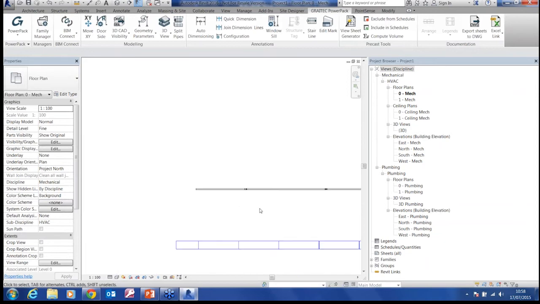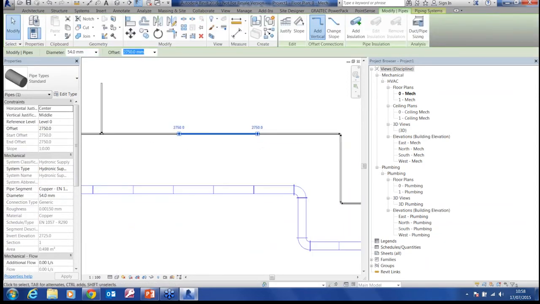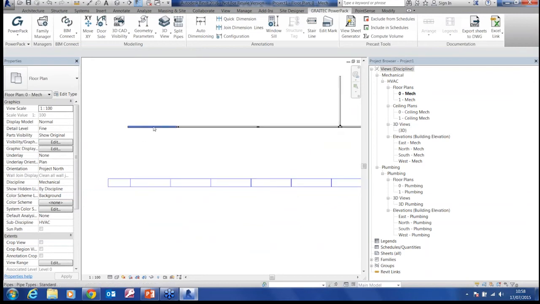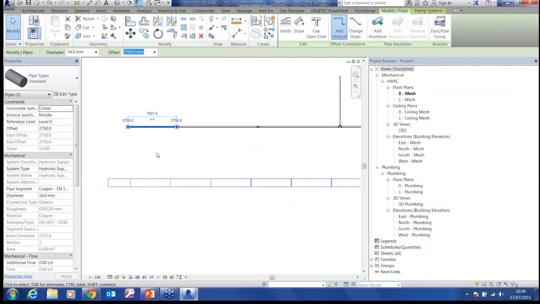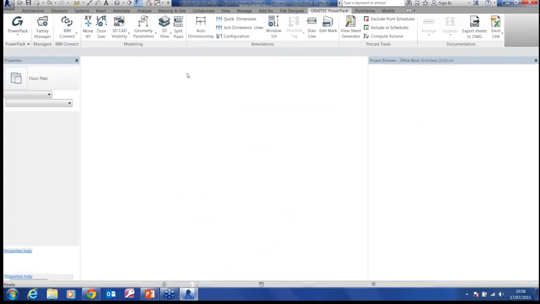So just a really useful tool to make sure we're now getting objects that are a bit easier to schedule. And we can schedule these as individual lengths, so we know how many 3 meter lengths we actually need, and it'll even tell us where we need part lengths as well. So very, very useful little tool. Let's just go back to our